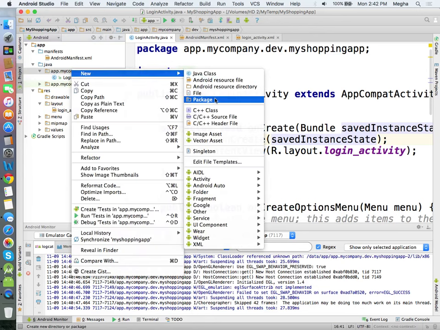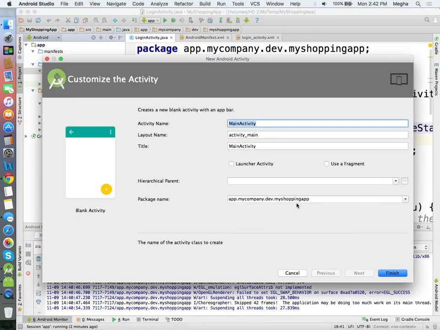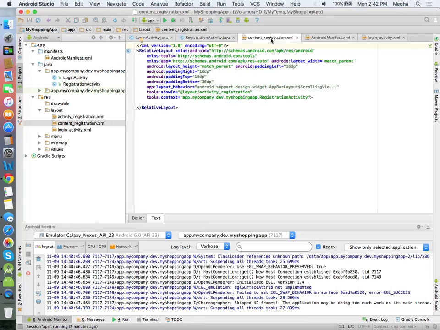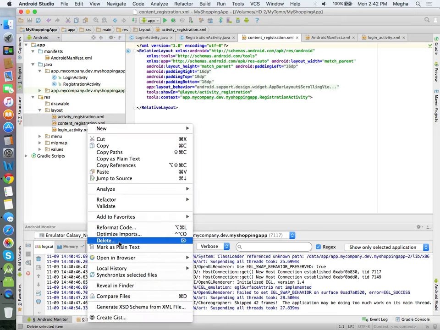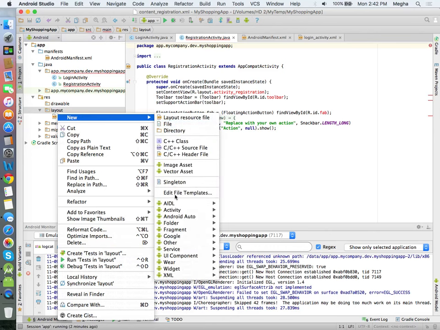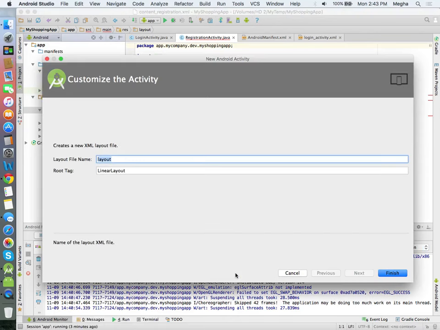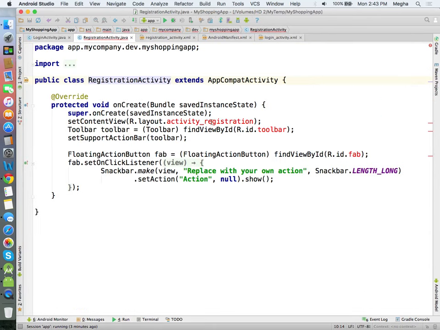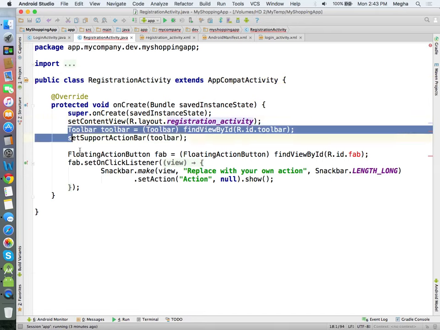I'm going to add a new activity called registration, and I don't want this extra code. So I'm just getting rid of the unwanted code.